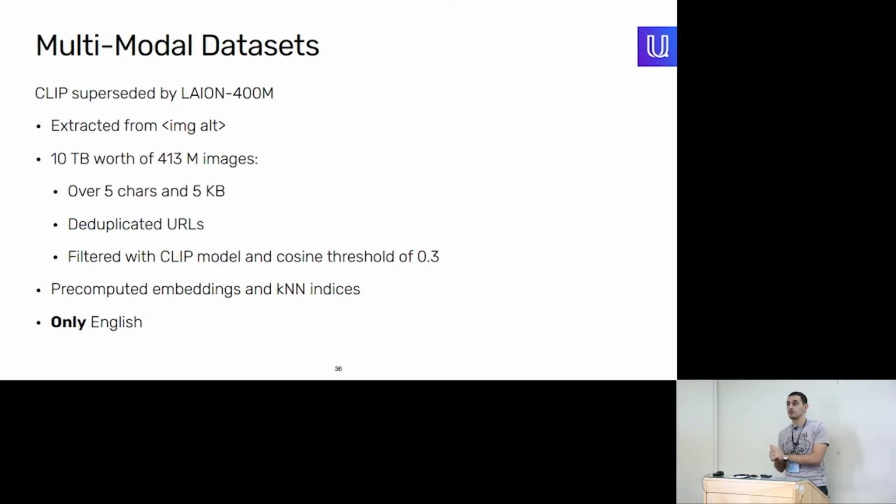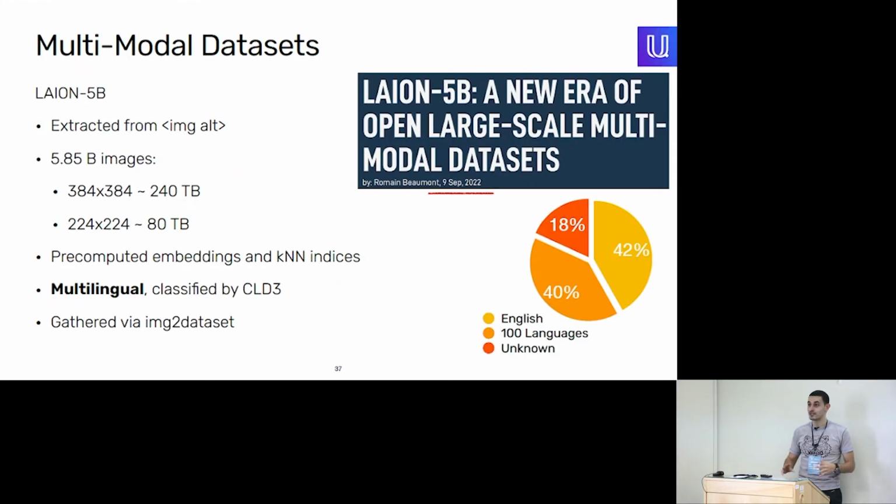So this is both a good thing, but also a point of controversy, because many people now consider that this LAION data set and the models that are trained afterwards are essentially just distilling the results of CLIP, because the data set that you use for training is a product of another neural network. The great thing, they come with pre-indexed KNN files that you can use to build up an online demo right out of the gate. The bad part, they are only English, but not for long.